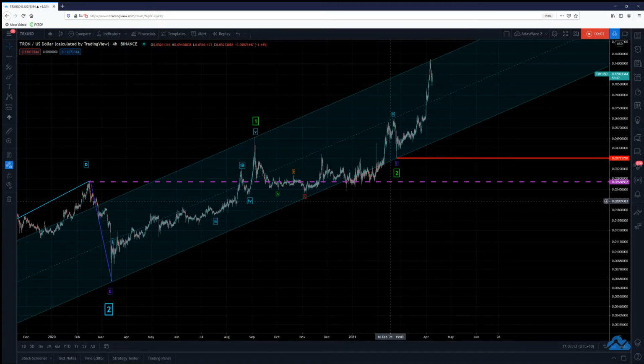So in this video, I want to show you the latest count, which is a revised count for Tron TRX. And all I can say is that this chart is very interesting indeed, because I do believe Wave 2 ended back here in March of 2020. I decided to have a closer look at the waves because I could see that something was clearly amiss in the count. And what I found was